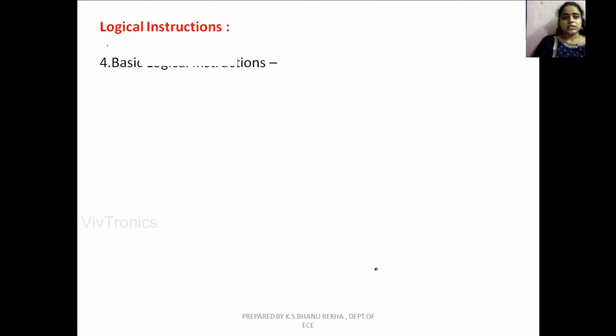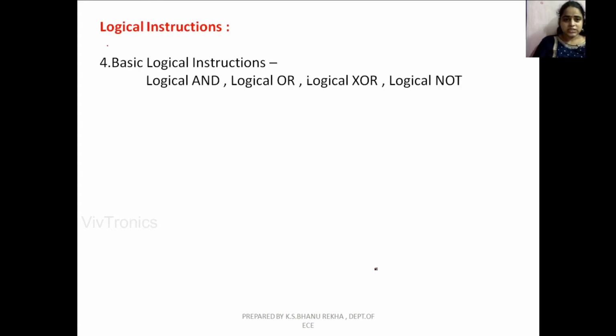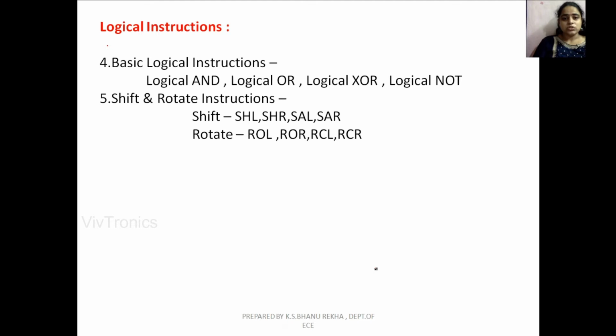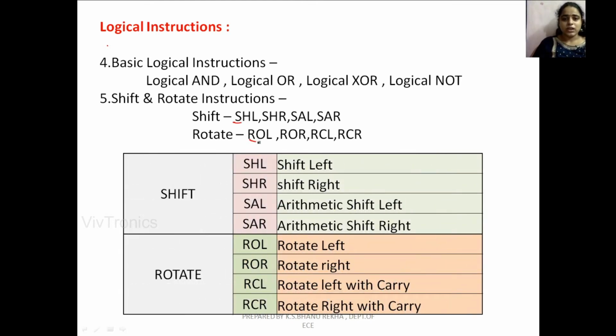Next, the basic logical instructions are AND, OR, XOR and NOT. The next category in the instruction set of 8086 is shift and rotate instructions: SHL, SHR, SAL, SAR, ROL, ROR, RCL and RCR.